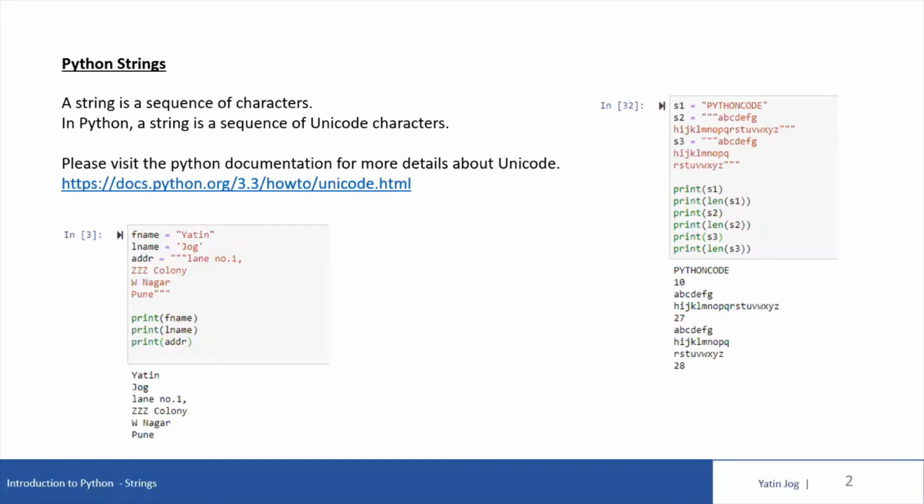So as you can see in this code, fname, lname and addr, I'm trying to define three string variables. In fname, I'm using double quotes and I'm giving some string. Name is Yatin. Even we can define strings with single quotes. So just to show that, I'm defining the lname string, last name, and I'm giving the value as Jog. And then address is a variable addr, which is used with triple quotes, three double quotes, and generally it is